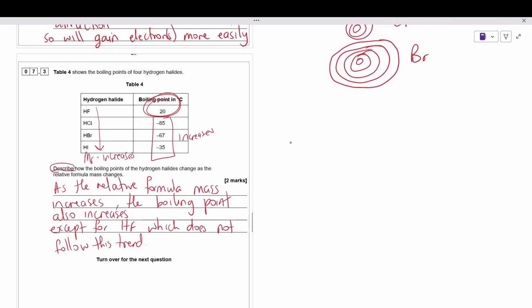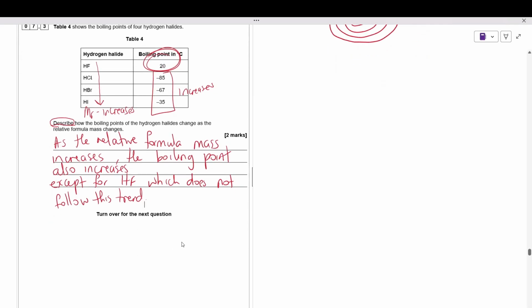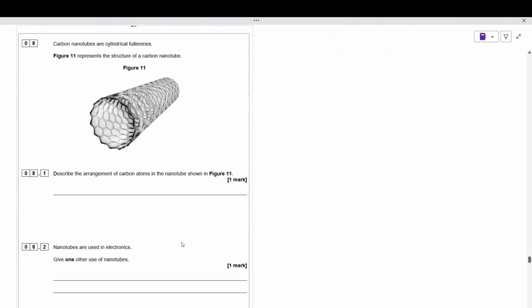You look a bit further at intermolecular force if you end up doing A-level chemistry, but in the meantime, you just need to remember that the official trend is that the boiling point increases as we're moving down that group, especially in hydrogen halides, except for hydrogen fluoride, which has a different type of intermolecular force, which is basically stronger than the others. Okay. Now for question 8, which is our last question, carbon nanotubes are cylindrical